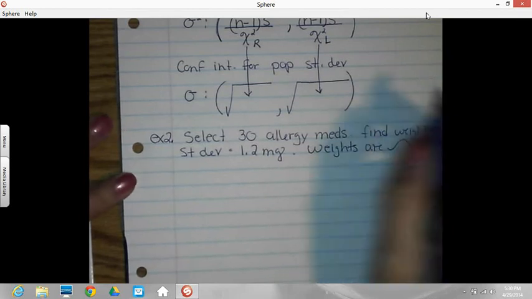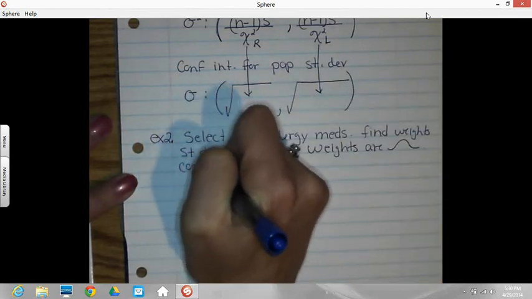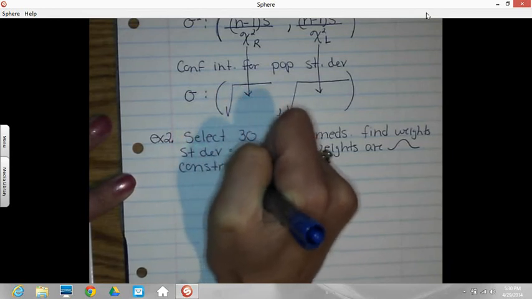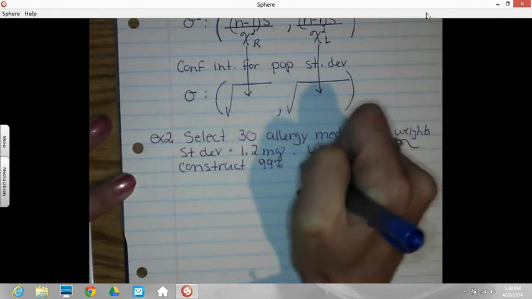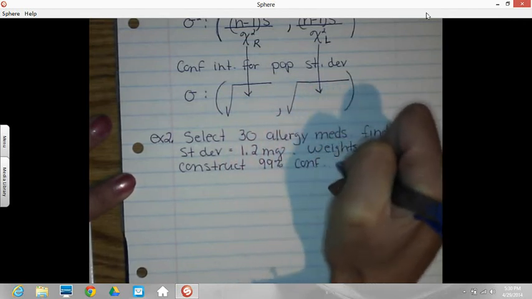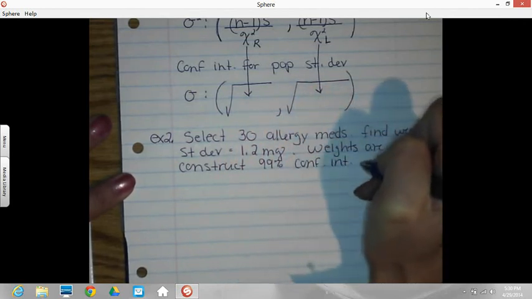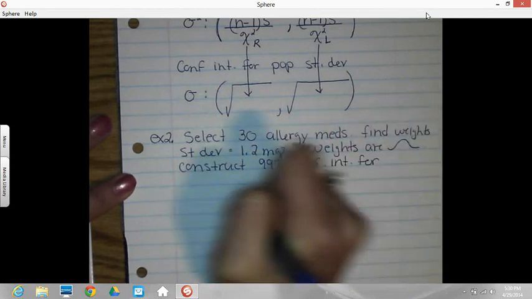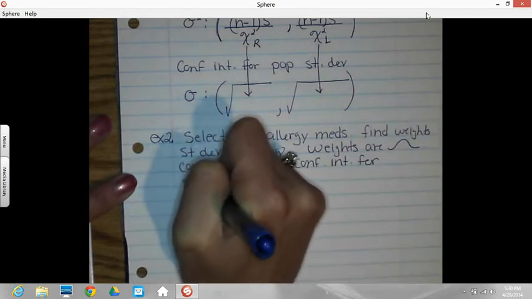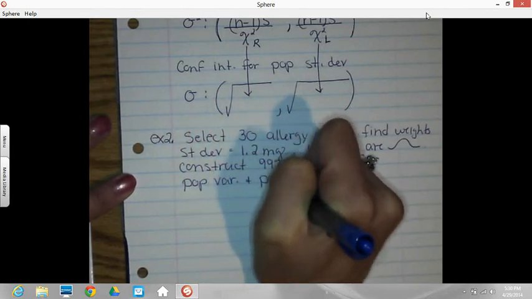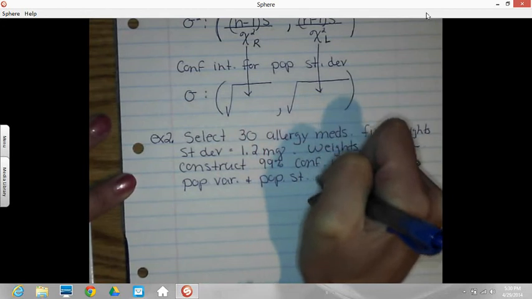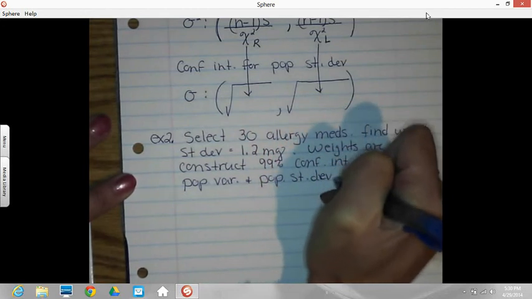Construct the 99% confidence interval for population variance and population standard deviation. So we're doing two intervals, but they're connected. Okay, so again, like I said on